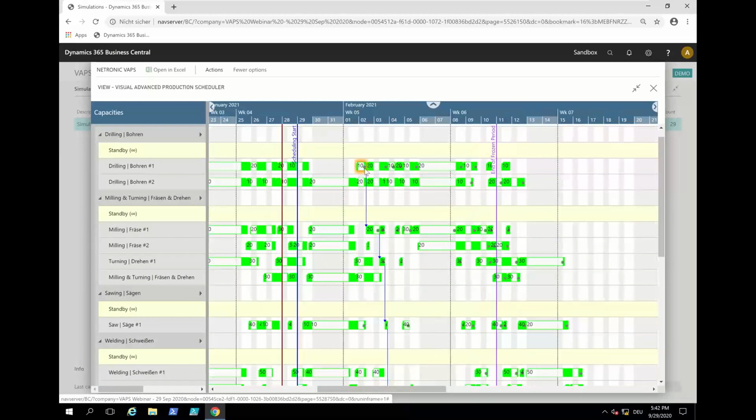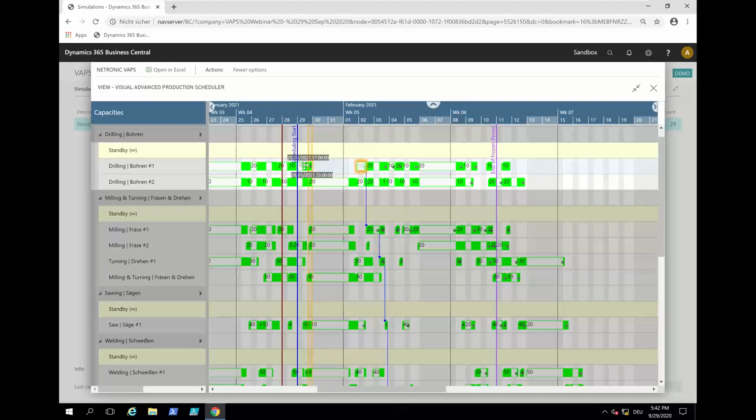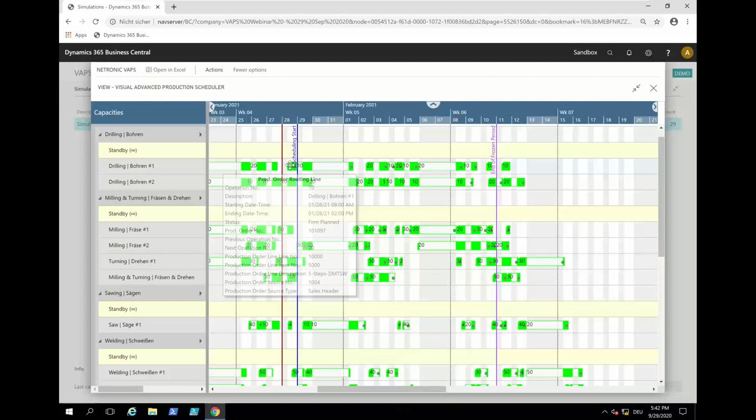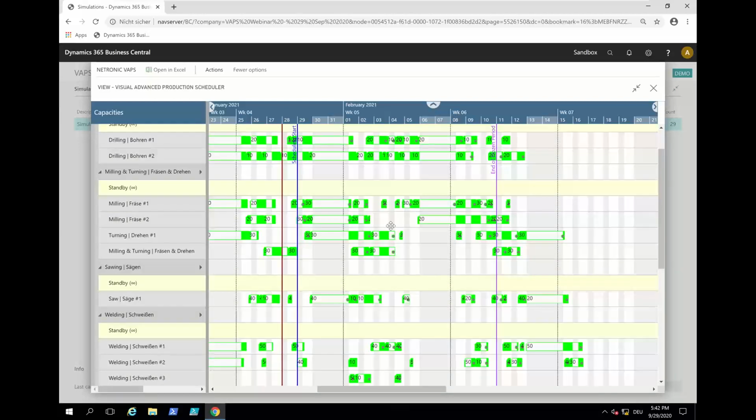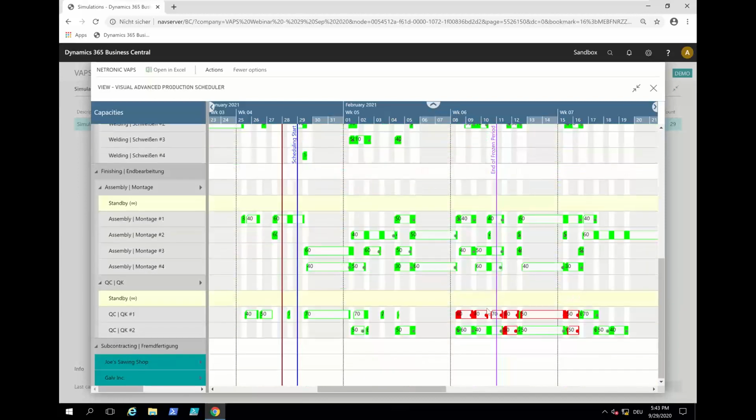So I say, well, we can do this, but maybe the customer says, hey, let's accelerate this even more. Can you start working on this today? And I say, yeah, I can squeeze it in, or try to squeeze it in here. And you see now I'm playing with the schedule and I'm building a simulation, and then I can say, okay, from here on, I want to minimize the cycle time, so I bring forward everything else from this production order. And now you see some of the stuff has turned late. I say, wow, maybe this was not the best idea at all, so maybe I leave the simulation